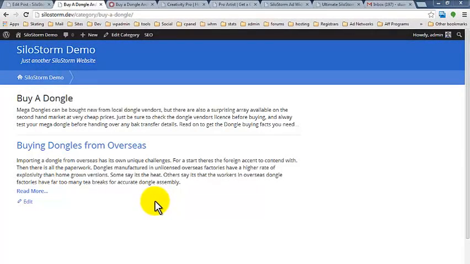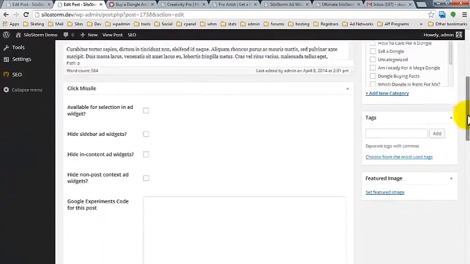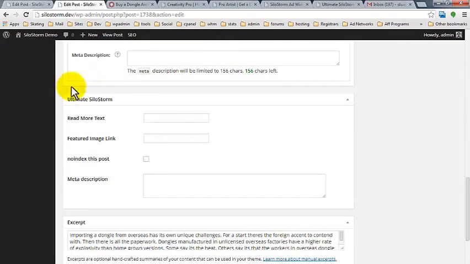Now if we look closely at our post here, you can see we've got the excerpt, and down below it we've got some read more text, but this would be much more SEO friendly if we added something that was nicely keyworded here. So let's just edit this post now, and if I scroll down, you'll see in the Ultimate SiloStorm meta box here there's something called read more text. So let's